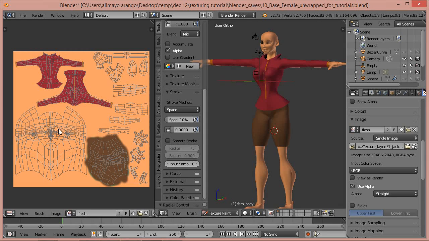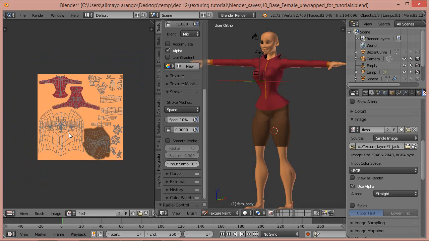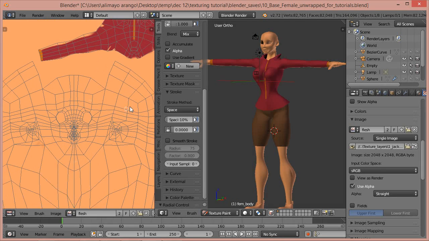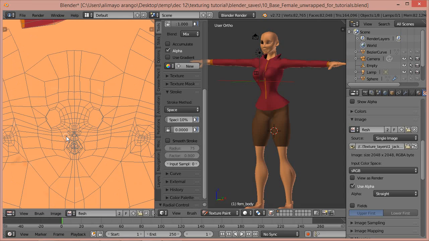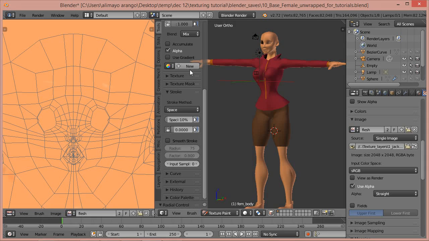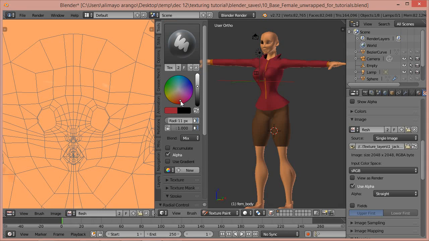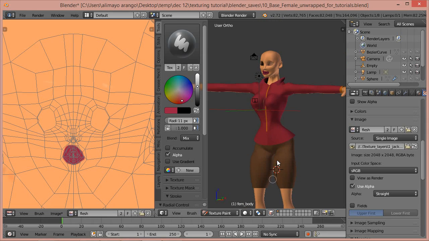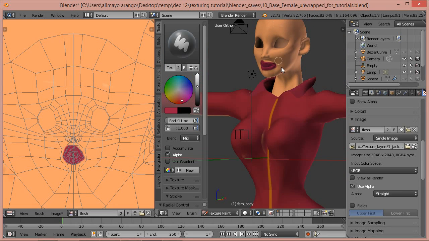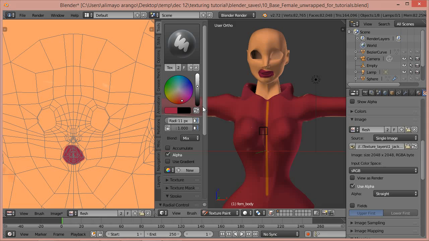You can do your base colors in here. You can do the fine adjustments in here if you wanted to over here on your model. If you wanted to paint the lips over here pink instead of doing it in Blender, in GIMP, just find the color that you want here. Check your opacity, come here, paint the lips, and then when you come over here, as you can see, we went a little crazy. So you would